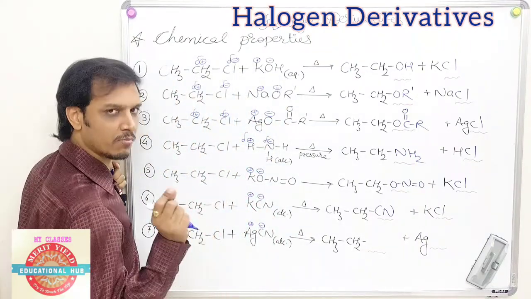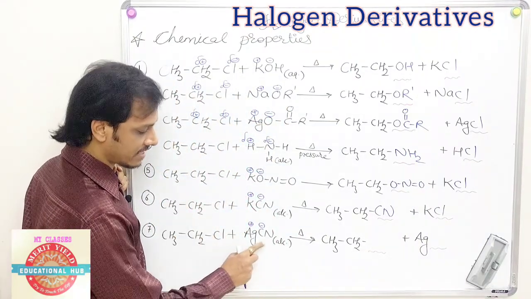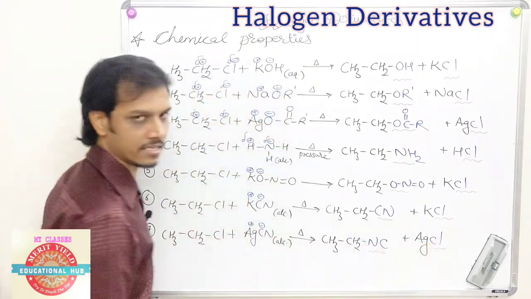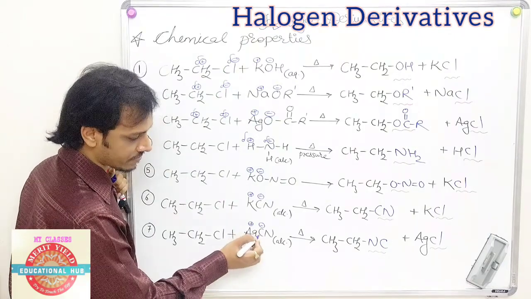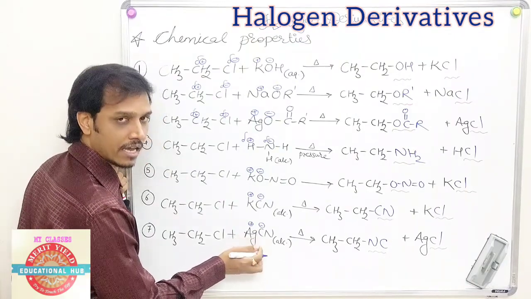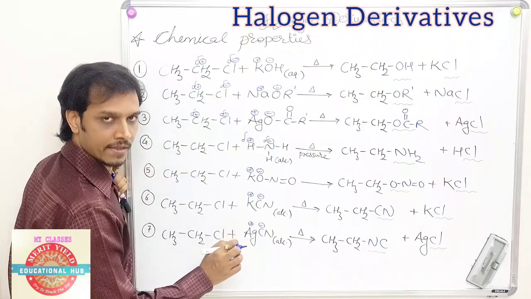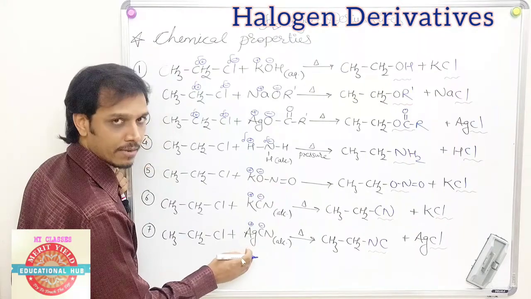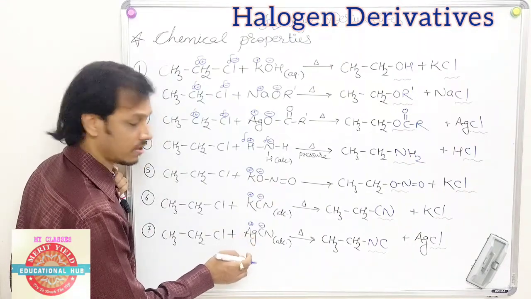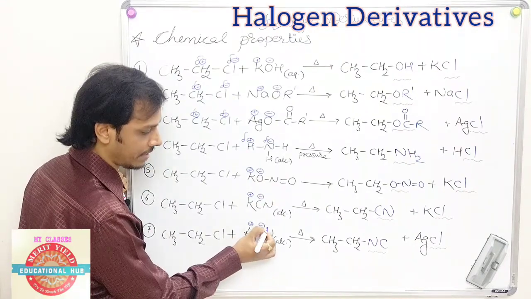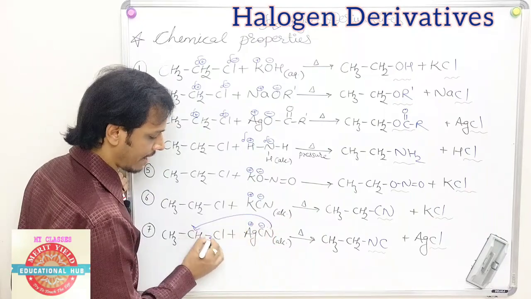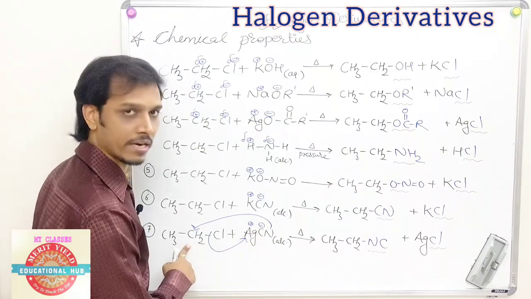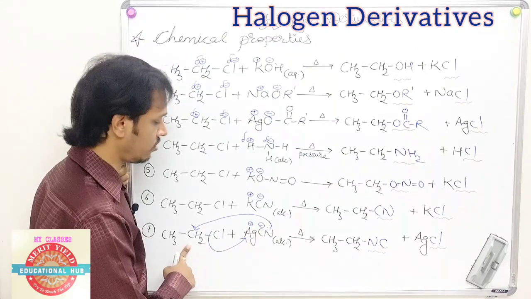Now here there is a very small twist. Instead of getting CN, you will get NC. And AgCl is as it is. Why are we getting NC? Because Ag and C have very strong bonding. So this Ag will not lose the bond, though it is an ionic bond. Still, it will not lose the bonding. So ultimately, N has to attack from the backside and Cl goes to AgCl. So a reverse effect happens and N gets bonded to C. So this is the product.